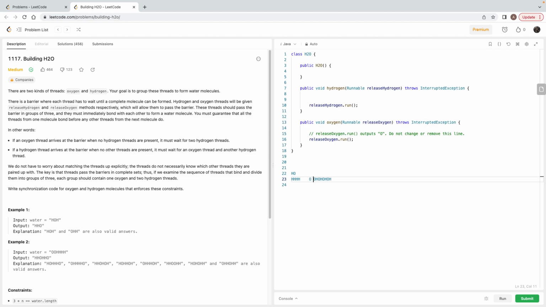The moment this O arrives, H, H and O will be released. So these two will be released and this will also be released, and then these two H will be waiting, and then another O will arrive, and then again this H2O will be released,